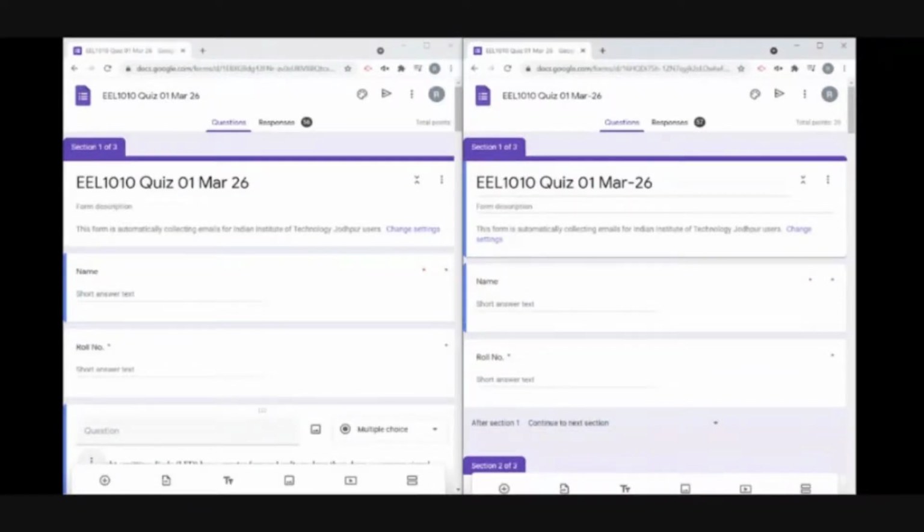Another suggestion here would be that, say, in Google Forms, there is this option under presentation settings. You can shuffle the question order, right? But if you have name and roll number also inserted, then name will appear somewhere else, roll number will appear somewhere else, right? Because the order has been shuffled. For such cases, what you can do is you can insert name and roll number as a separate section. So after the name and roll number fields, you can just add a section and have the rest of the quiz in that section. So normally when question order is shuffled, it is shuffled within a section, right? So if name and roll number order is shuffled, that's okay with us.